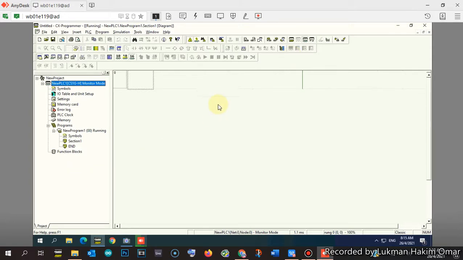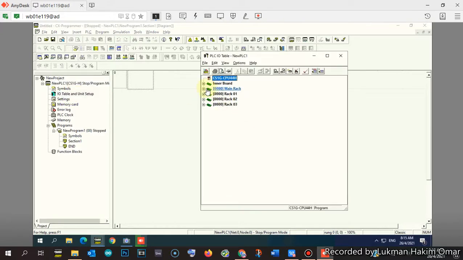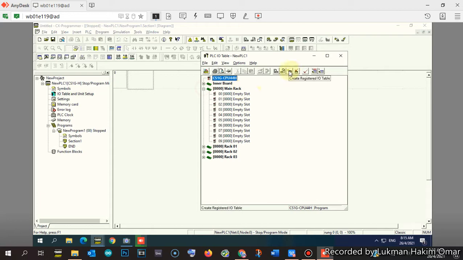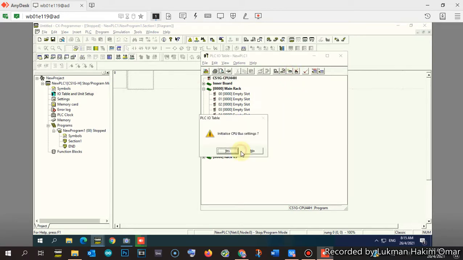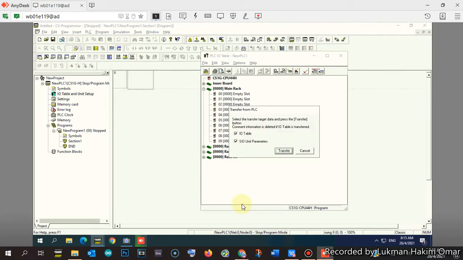Once you are online, as usual, change the PLC to program mode, because we want to transfer the IO table. We want to create the IO table, so we select create here, then transfer.